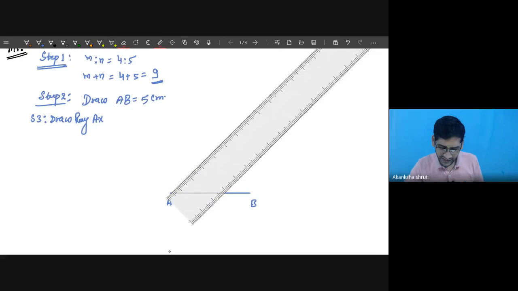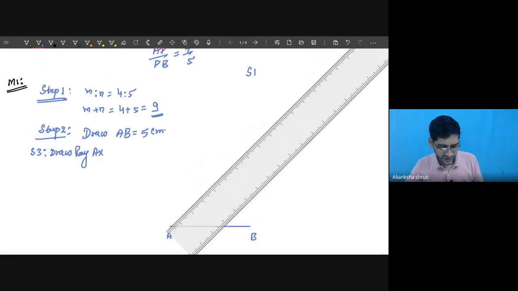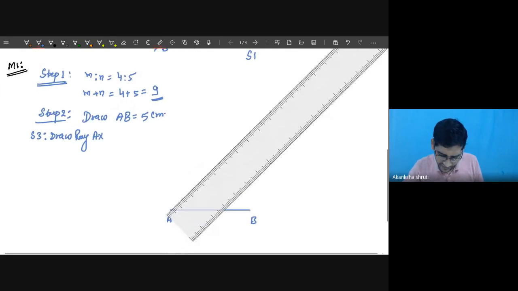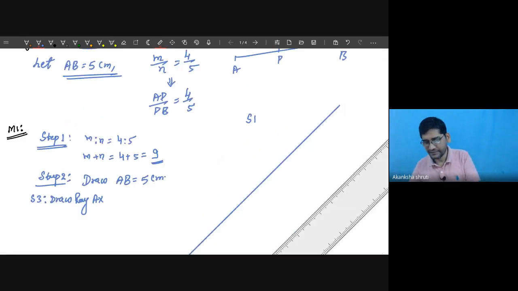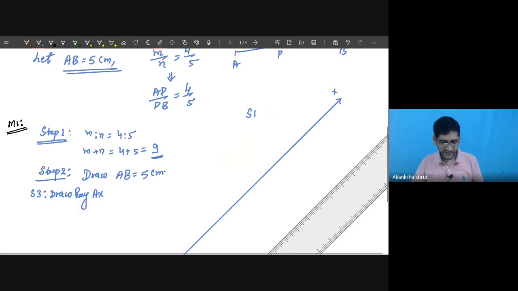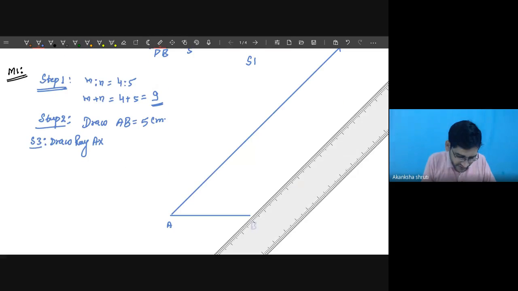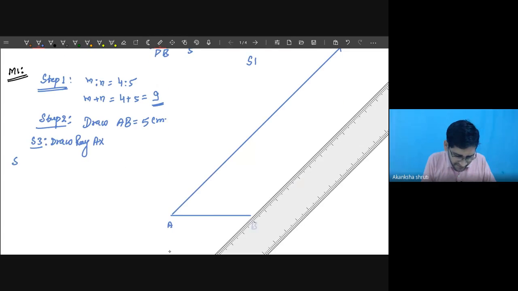So it can be any angle where we need to draw a ray. Draw a ray. Make it as AX. After that, in our next step,